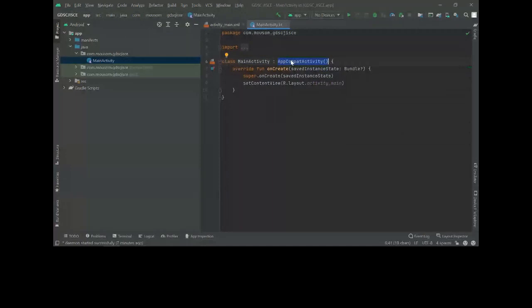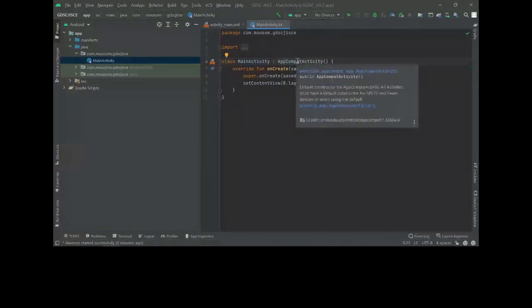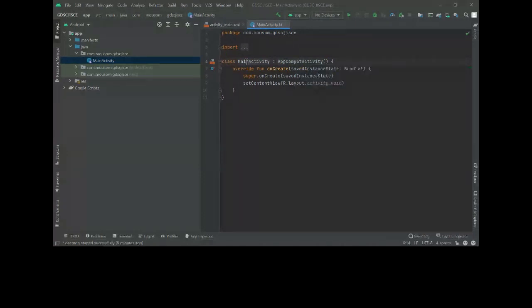This is also a class included in our Android, and it is inherited by MainActivity. So all the methods available in the AppCompatActivity class will be available to MainActivity.